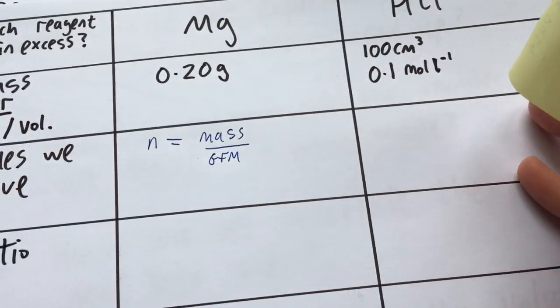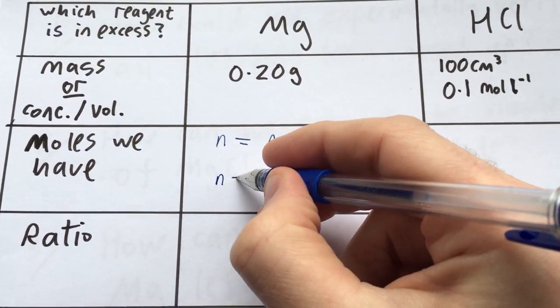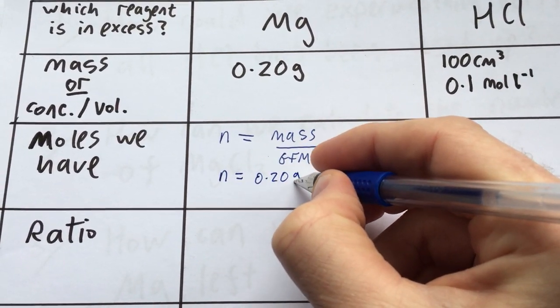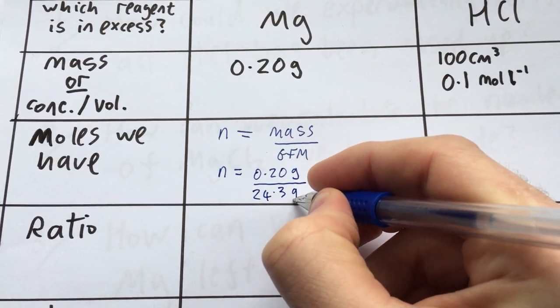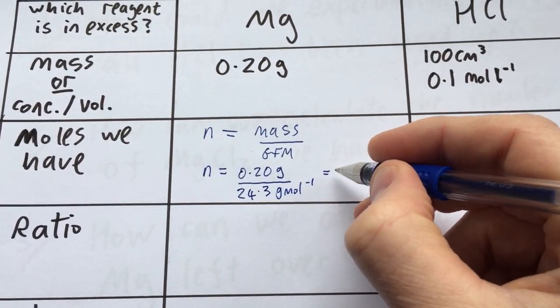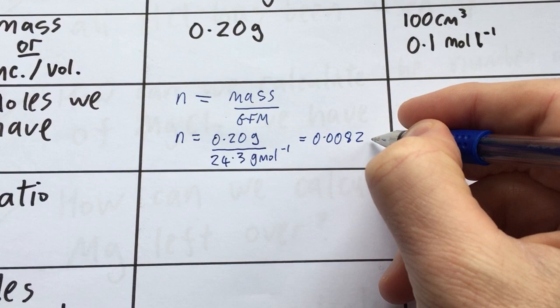Okay, so we're going to just do that calculation. Number of moles is 0.20 grams divided by 24.3 grams per mole, and that gives me 0.0082